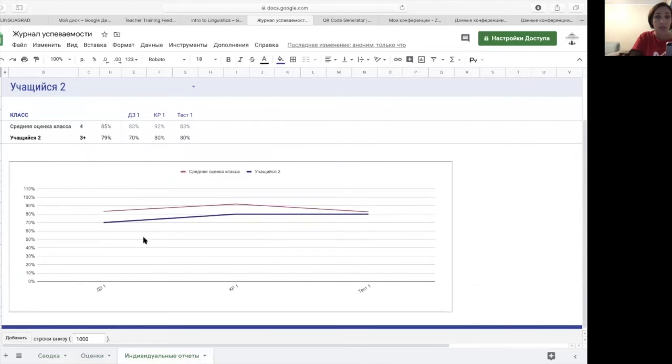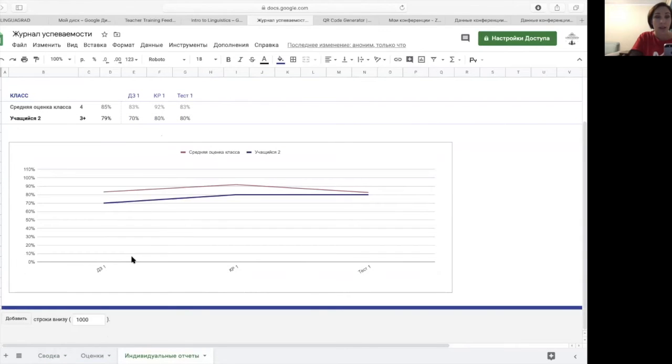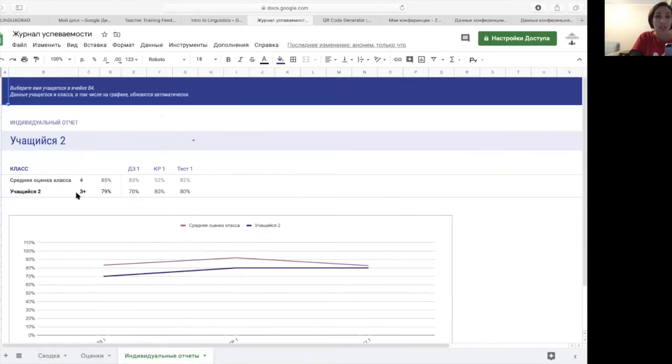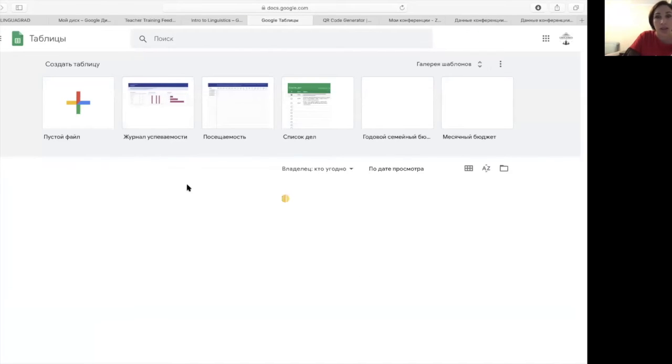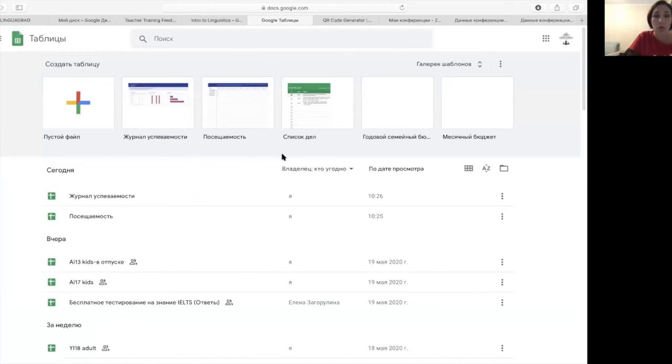reports. And look, individual reports will be in a very beautiful form, because every student will have a graph created for him, and on this graph you can show and control how he did on his homework, on his one test, second test, and so on. So that could be actually really well reported and really well used. So that's another thing. And let me show you one more thing which can be used, for example, to plan